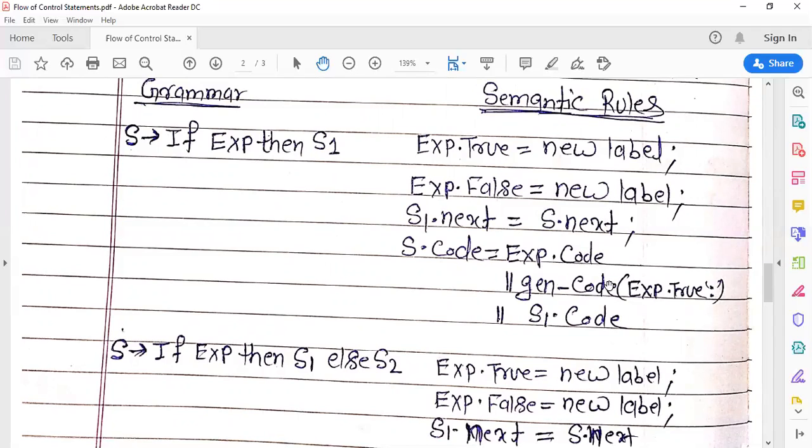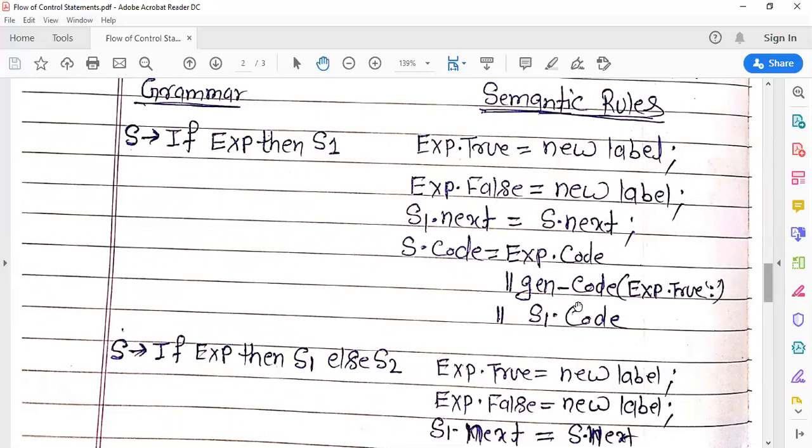Then generate code exp.true, this is the symbol for appending the code. Exp.code is appended with the generated code exp.true, and this is appended with S1.code. We combine all this code and call it S.code.